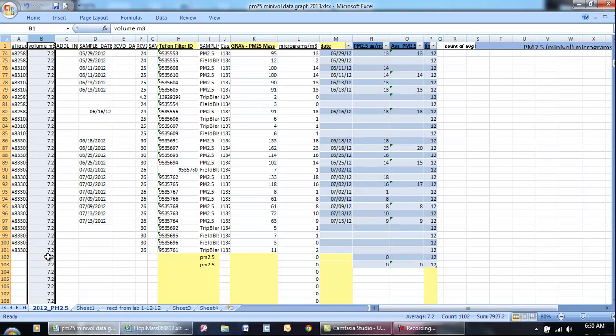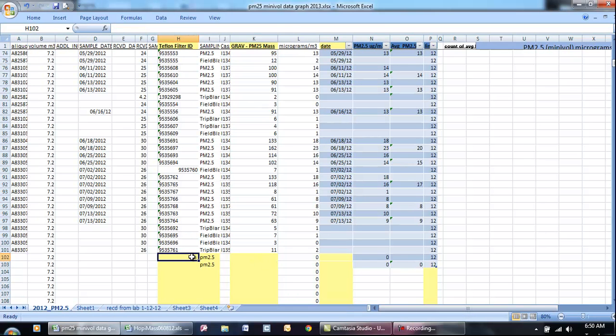If it ran for a complete 24 hours, this would be the cubic meters of air that have gone through that filter. So let's just say we're going to type in a filter number, and this is a routine, and then we go to the next beige column and we have to type in the mass. Let's just say that what RTI shows in that column AA, or whichever column it is on the sheet you receive, since sometimes their mass is in different columns, but you have to look carefully. Let's just say it's 70, and then it automatically calculates the micrograms per cubic meter just by dividing it by 7.2 cubic meters. Then the date,